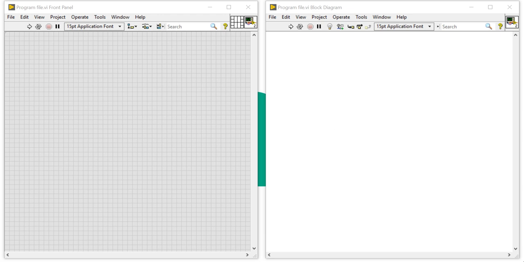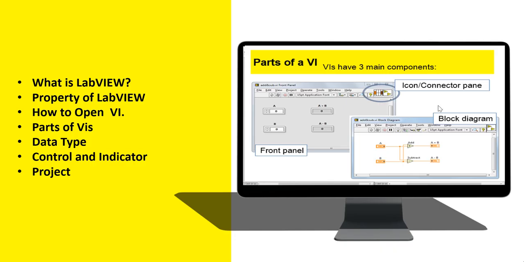Now our third topic we need to discuss is parts of VI. So what are the parts of VI? Each and every VI has three main parts: front panel, block diagram, and icon and connector pane. We create a front panel using controls and indicators.